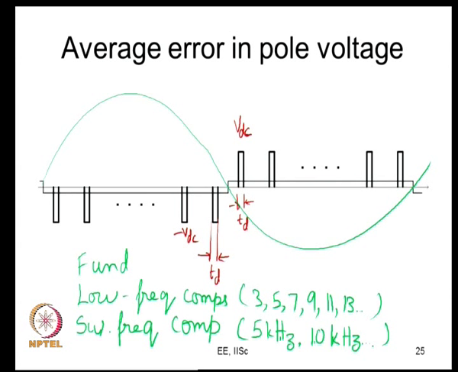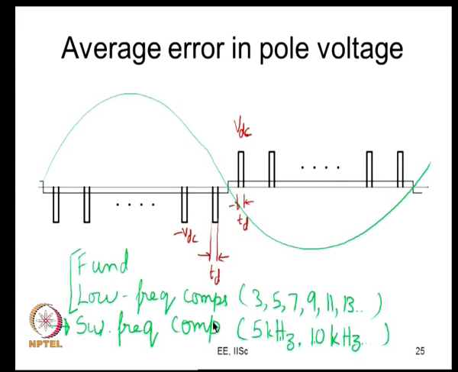So, you are not particularly worried about the switching frequency components; they are already there. What is troublesome is these two. The error voltage has a fundamental component. What does that mean? You have your ideal fundamental voltage, and this error is going to get added to it phasorially. So, your fundamental voltage could actually be a little different from what you expect. So, there is a trouble for you. You need to find out whether it is different, how it is different, is it significant, and can I correct it. That is not the only trouble; there are also the low frequency components.